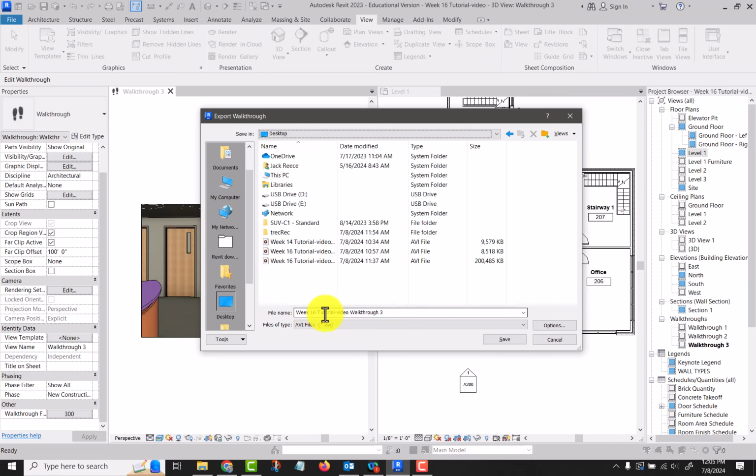And this will be walkthrough number 3. All right, so you see it comes out as an AVI file type, and that's the only video option you have within Revit. And so if I go save,